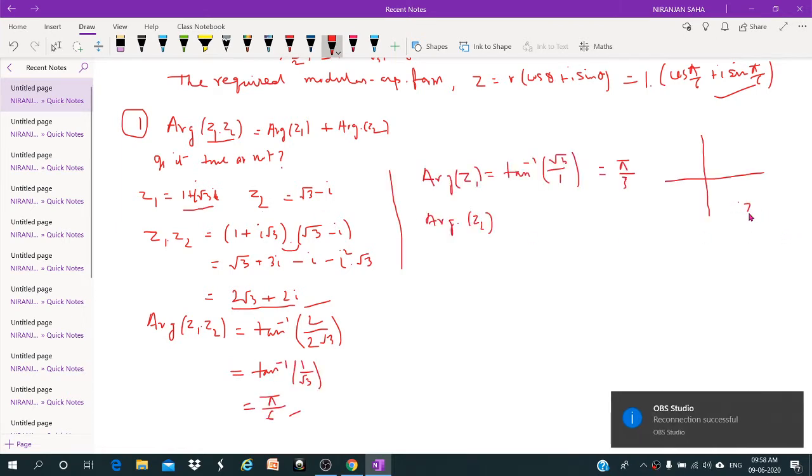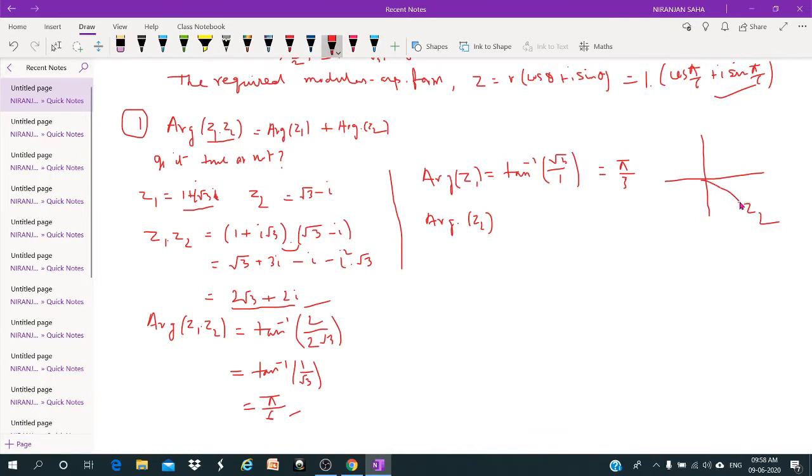How can we measure the amplitude theta there? You have to measure in the clockwise direction, the negative of theta. So this will be minus tan inverse of the modulus of